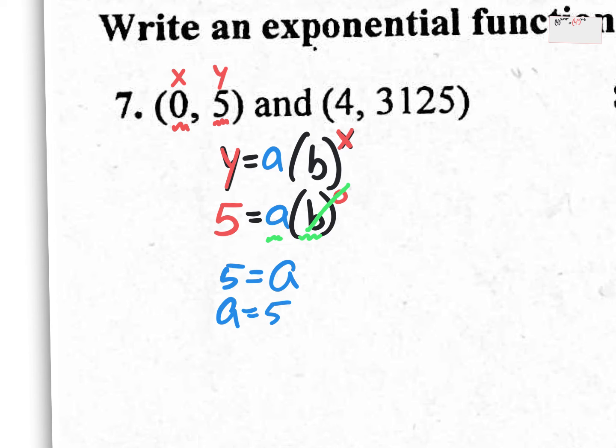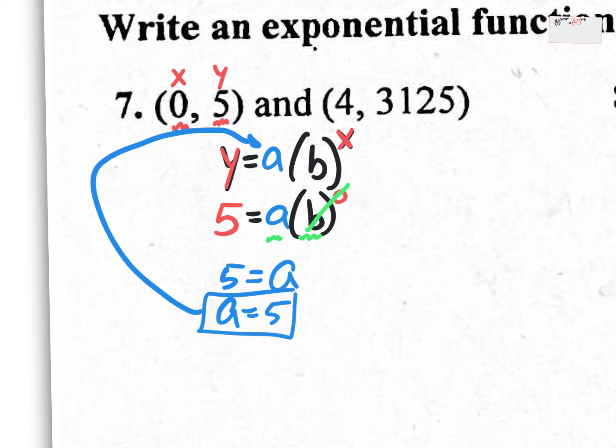A equals 5. Guess what? You have half of what you need to write an exponential equation. The a is 5. What do you think I'm going to do with this a value of 5? Plug it in. So I'm going to plug it back in right here where the a is at. That 5 is going to go right in here. Might as well draw an arrow like that. The a is going to go right in here. And let me rewrite my whole thing. So I still have the y, I still have the equals, but my a is now a 5. And the b, I'm still going to have it as b, and the x is still an x. Okay,